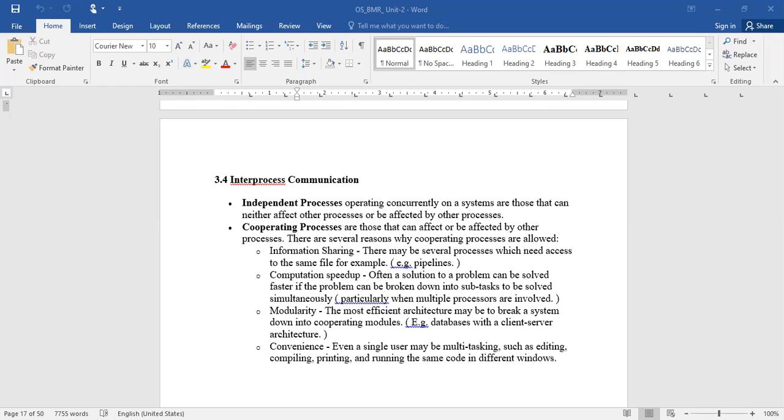An independent process is one that can be executed on its own without disturbing any other process. It continues with its execution, whatever it is. In that case, there is a guarantee that the process is executed efficiently, because it doesn't think about other processes.